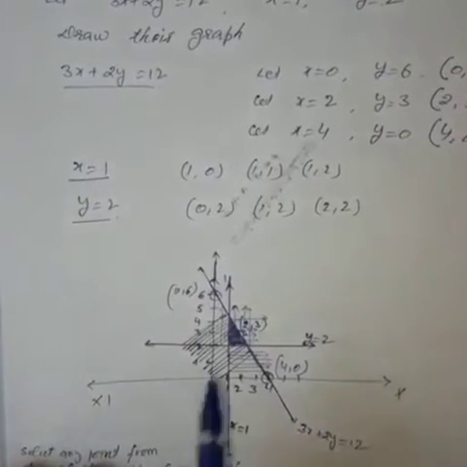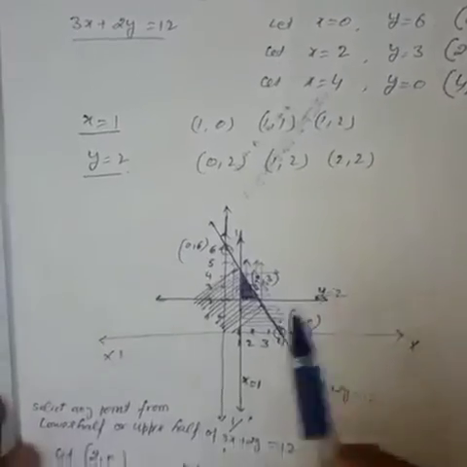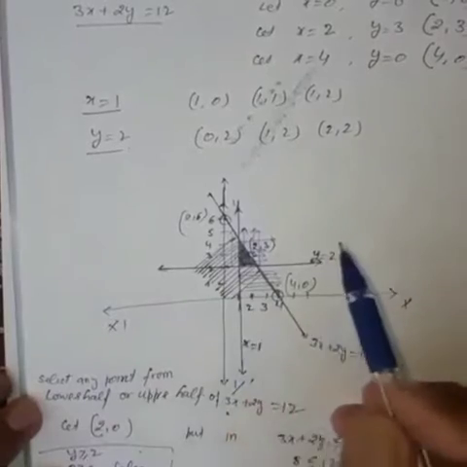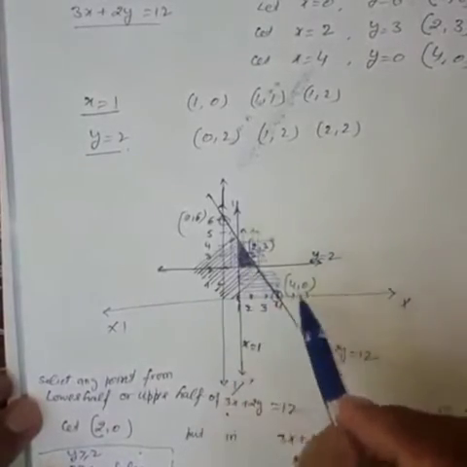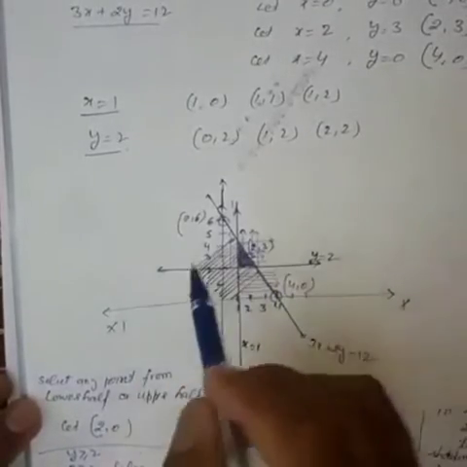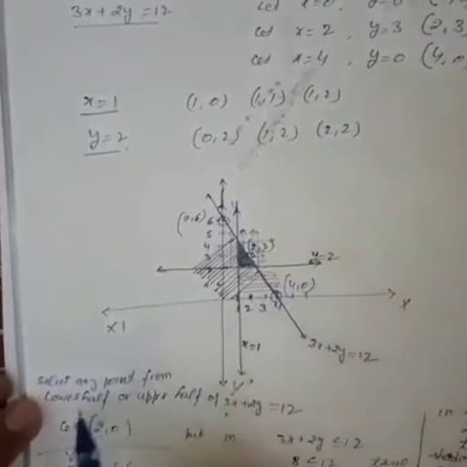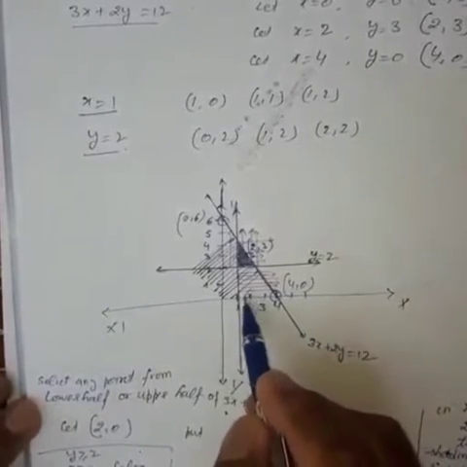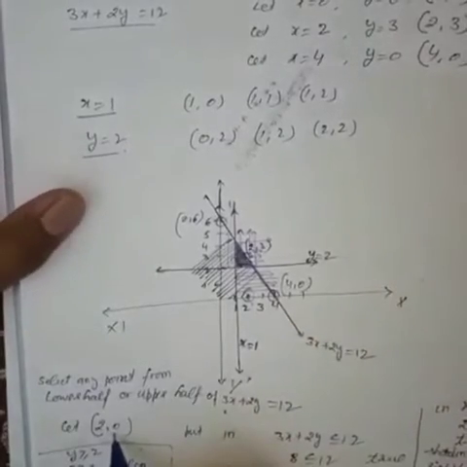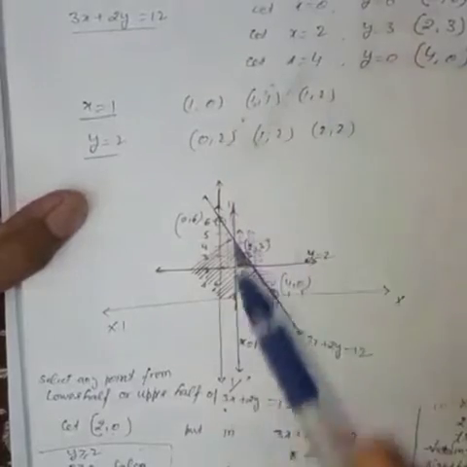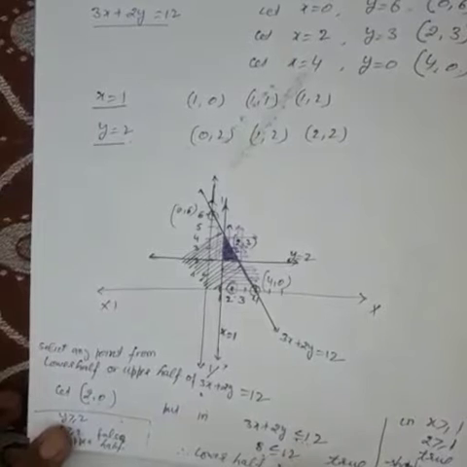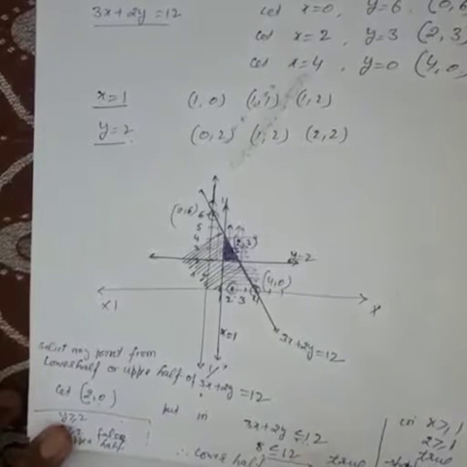Now we have to select the region. So look carefully, you have to select any one point. The point should not lie on these lines. We have these 3 lines. The point should not exist on any of the 3 lines. So just like I have taken (2, 0), this is the point I have selected, and we will start putting this (2, 0) in the given inequalities. So for the first inequality, you put x as 2 and y as 0. So 8 is less than or equal to 12. So it means it is true.